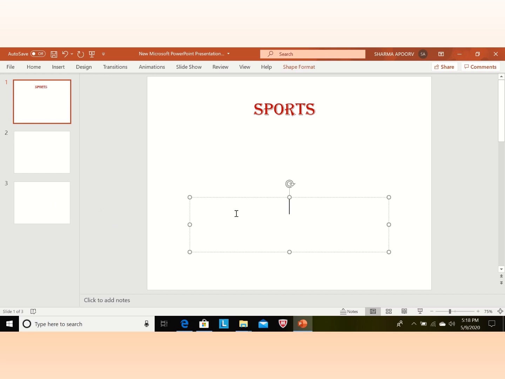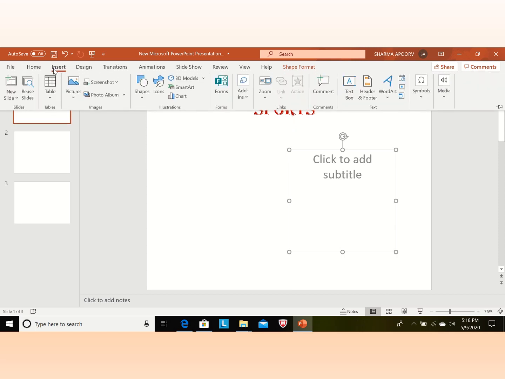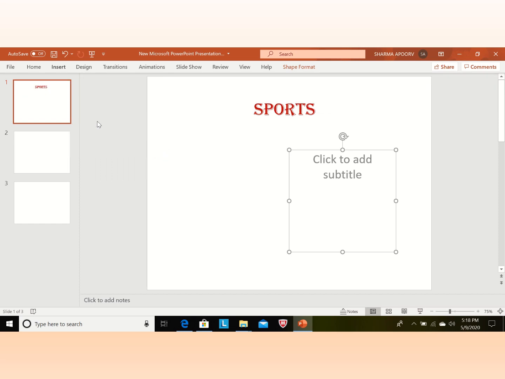Now we will arrange this box on the right side to add some points related to the topic. First we are inserting clip art. Insert, picture. First we are using this option, this device. I have some pictures on my desktop, so I am using this device.